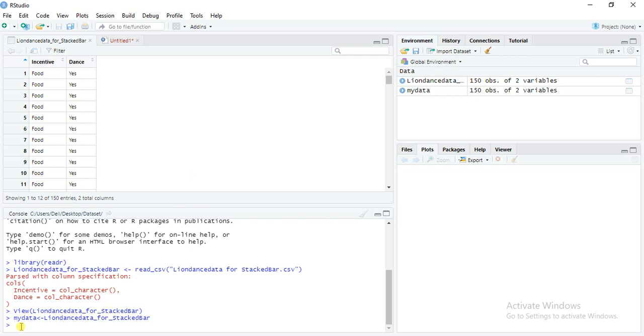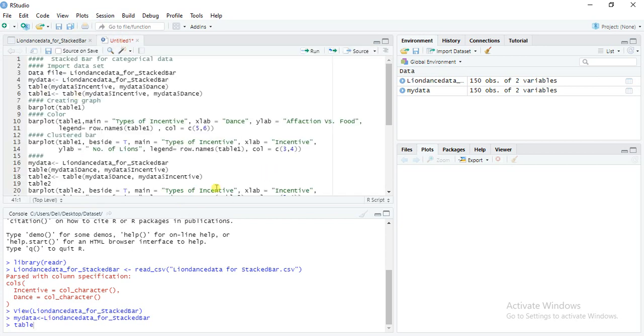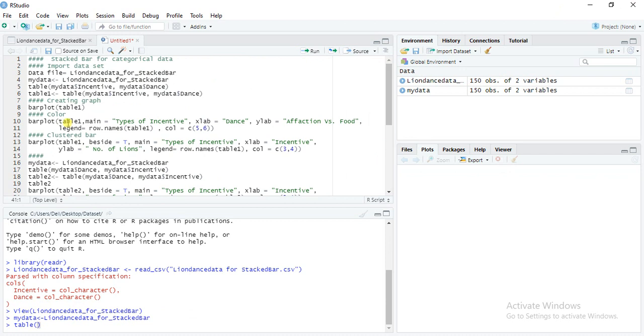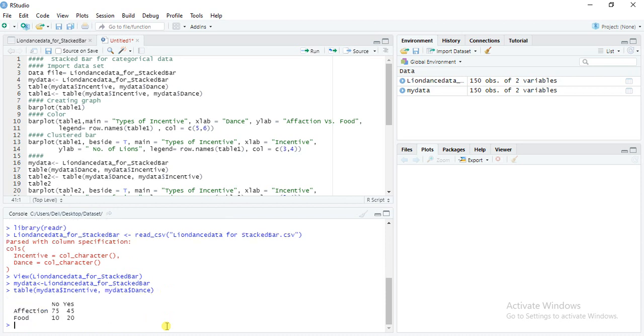As usual we will make a table: my data dollar sign incentive, comma, my data dollar sign dance, and then enter. We will get this table.